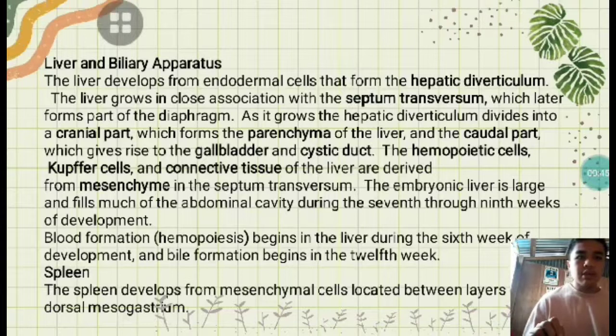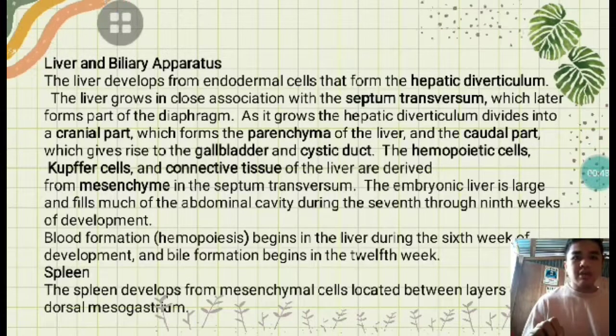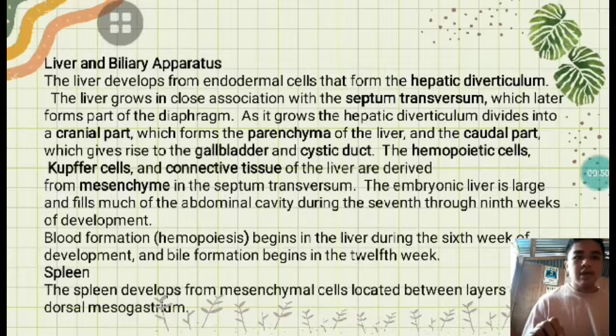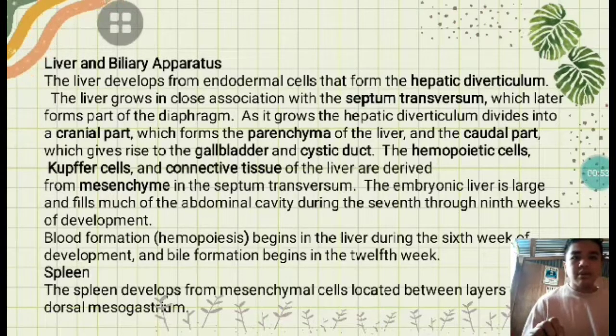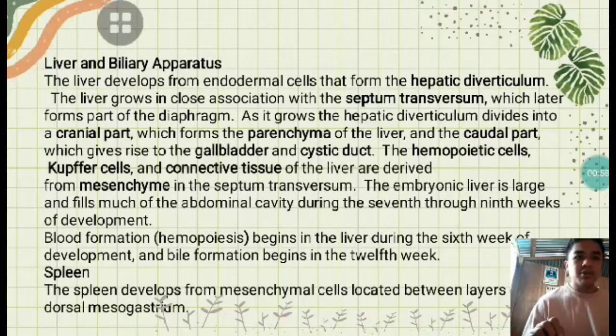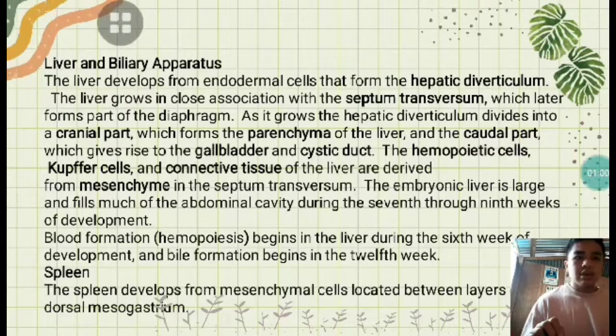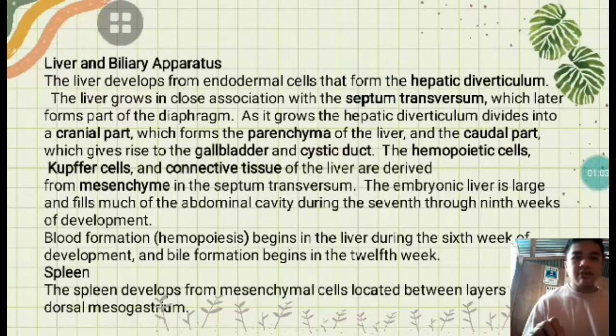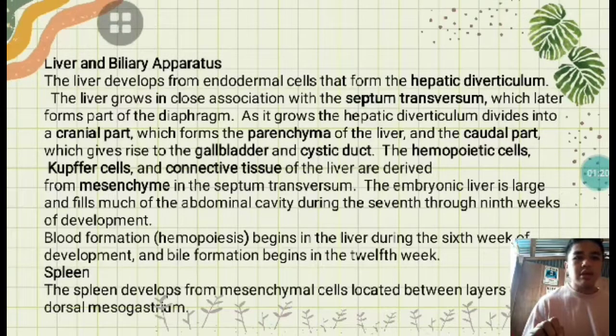The hematopoietic cells, Kupffer cells, and connective tissue of the liver are derived from mesenchyme in the septum transversum. The embryonic liver is large and fills much of the abdominal cavity during the 7th through 9th weeks of development. Blood formation, hemopoiesis, begins in the liver during the 6th week of development, and bile formation begins in the